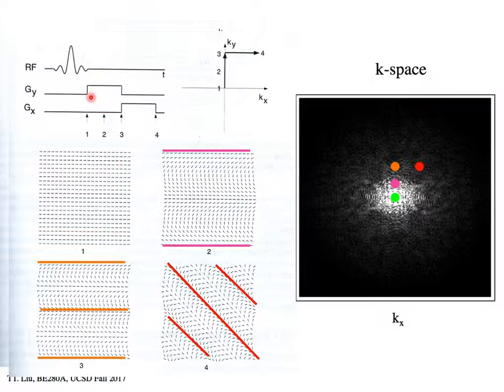When I apply a y gradient, right, at time point 1, I'm going to turn on a y gradient. Then over the duration of that gradient, the magnetization vectors will be traversing or oscillating in the transverse plane at slightly different frequencies,